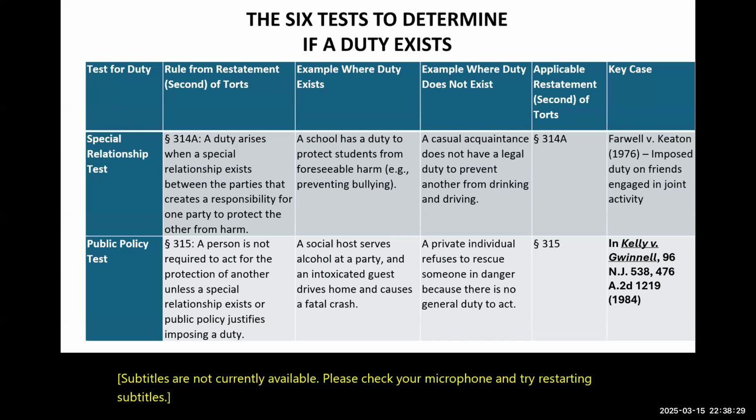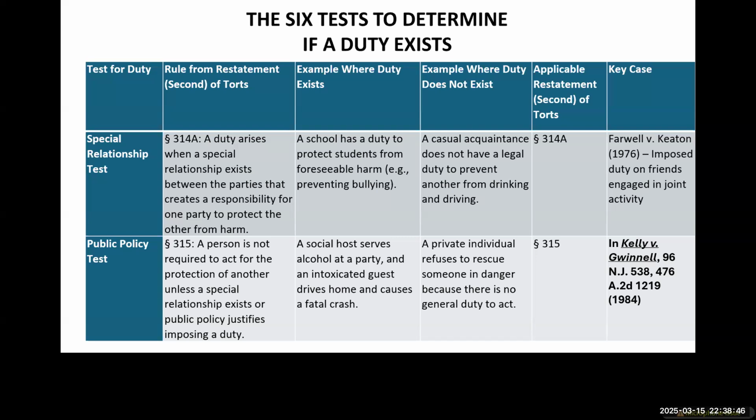In the Kelly v. Gwinnell case, a guy comes over after work, has a couple of drinks, has a couple more drinks, being served by a gracious host. The guest leaves and drives himself home and gets into an accident. Can I pull the social host into this? You doggone better know that you can, right? But for public policy,